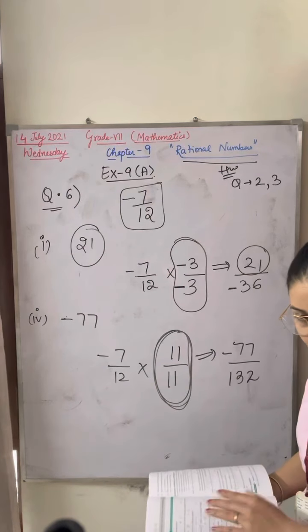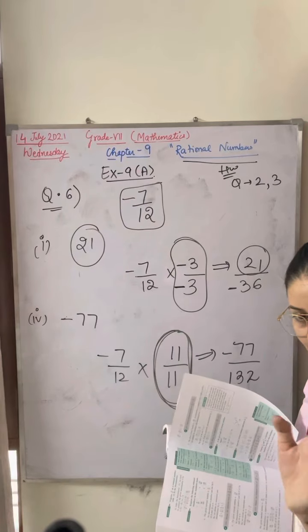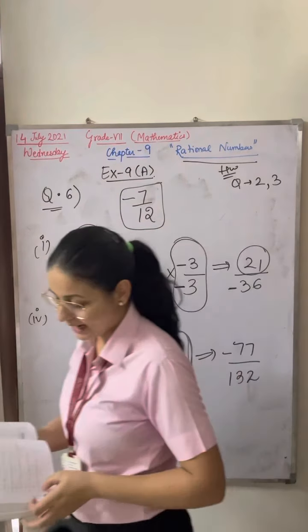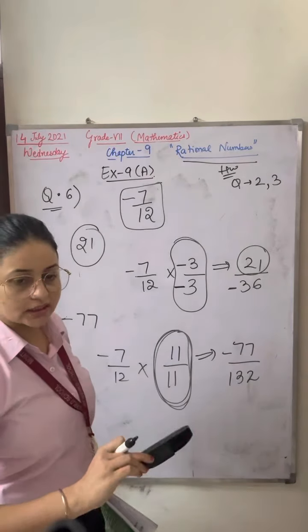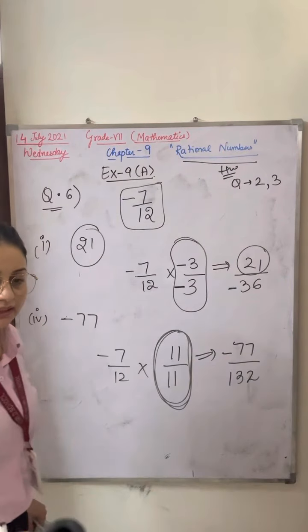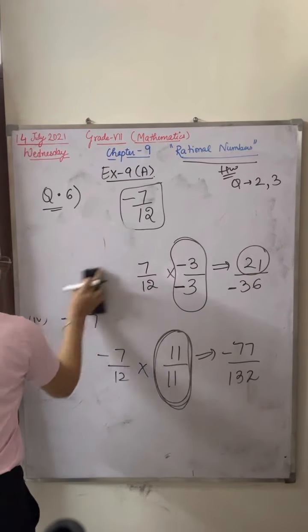Right? Okay. Now let's start the last question of today. After that, the class will be over. I am telling you, the last, 7th question. The 7th is the opposite of the 6th question. The 7th is the opposite of the reciprocal of the 6th question. Right?